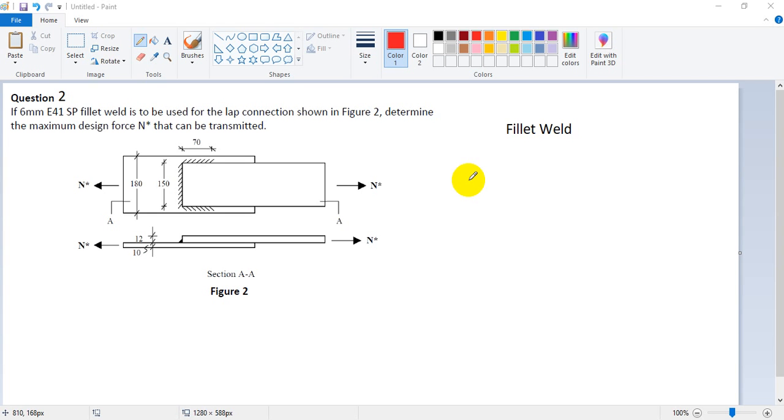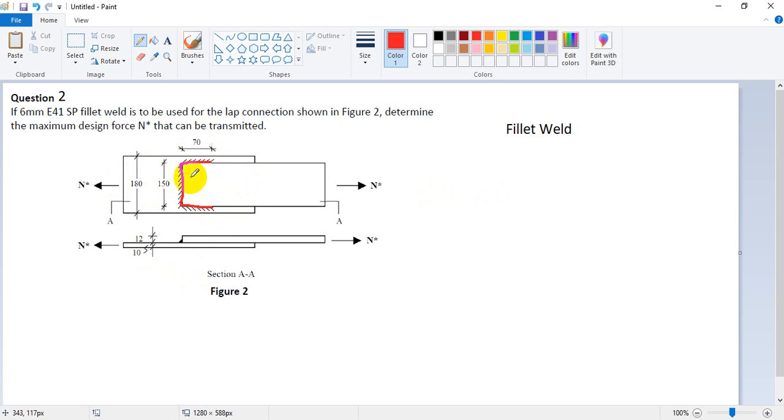All right, guys. We're having now example two, and for this example, we're having a fillet weld. It's the same as the previous example, but instead of having bolts inside our plate, we replace them by having some fillet weld. So as you can see in the photo, you have some welds here. We put it all around our plate